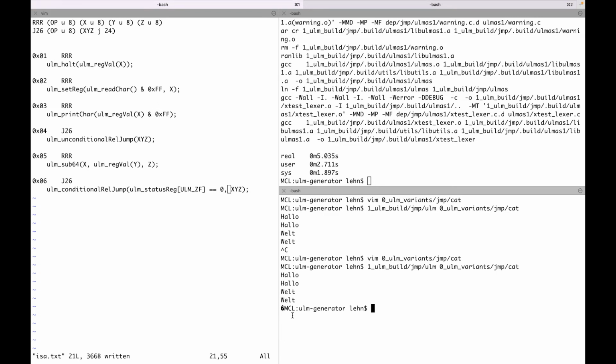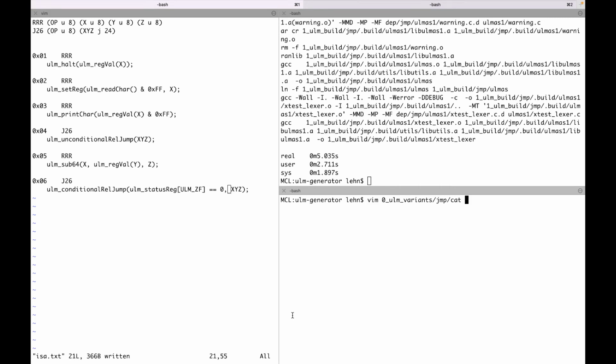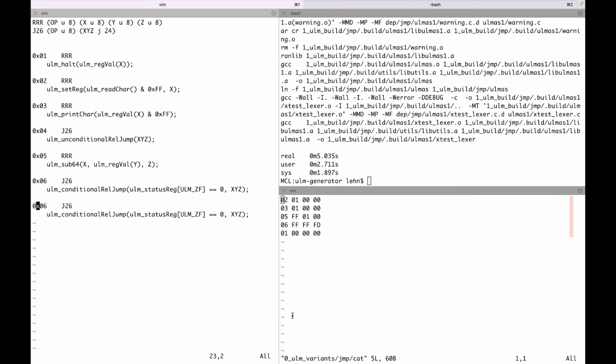That's the Control D. We somehow should change the program in a way that we first check if Control D was typed in, and only if Control D was not typed in, it actually should print. So I will introduce a new instruction which jumps in case of the 0 bit being 1. So for that I copy that, change that into opcode hex 07, change the condition to the 0 bit was set. Then I recompile, of course, and